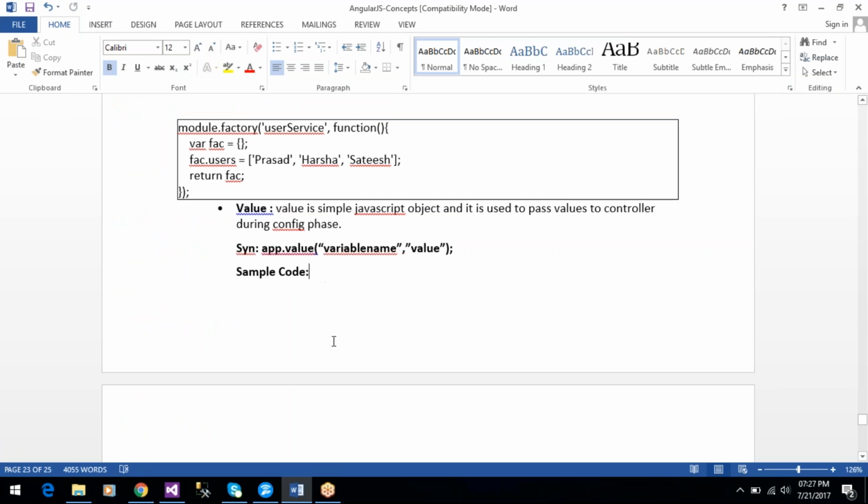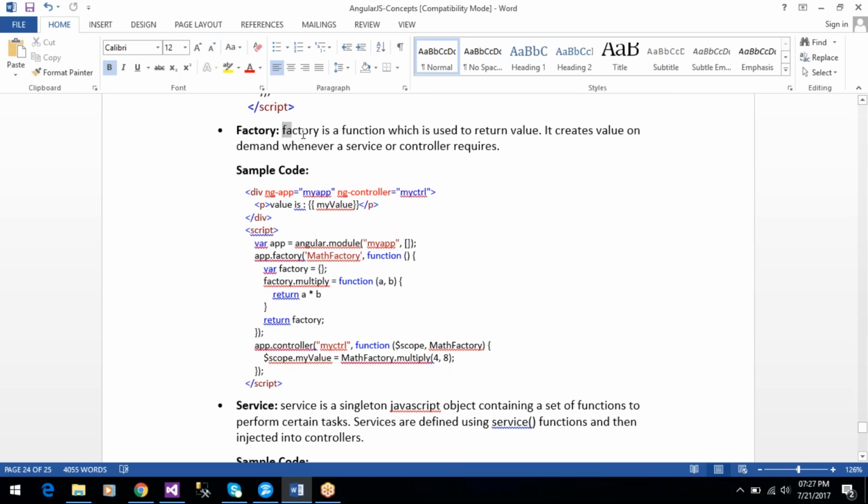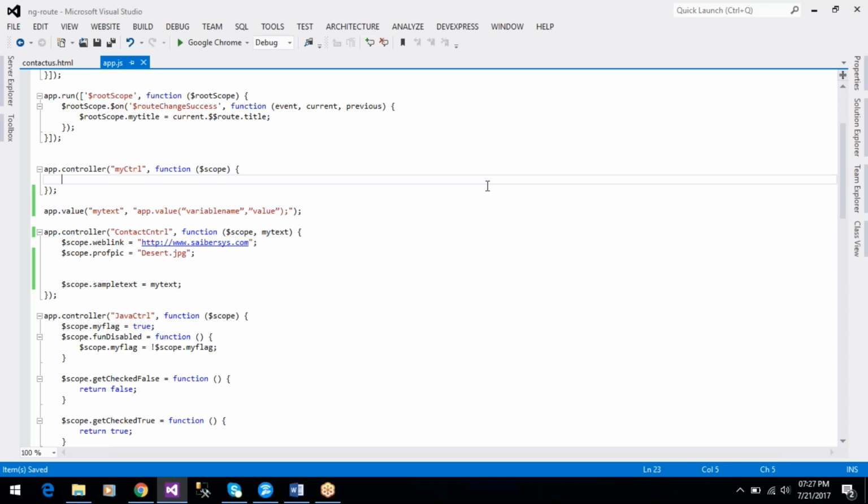Okay, so this is the value in the dependency injection. Next, factory. Factory is a function which is used to return values. So the example for factory,